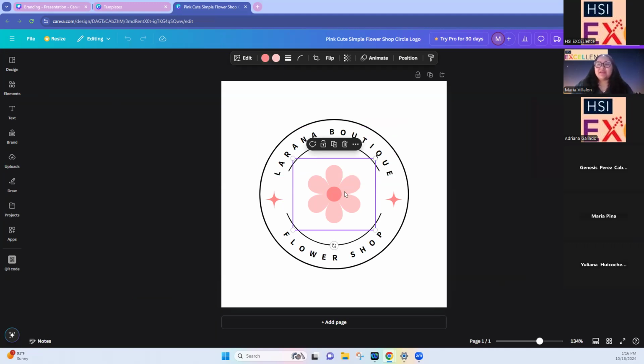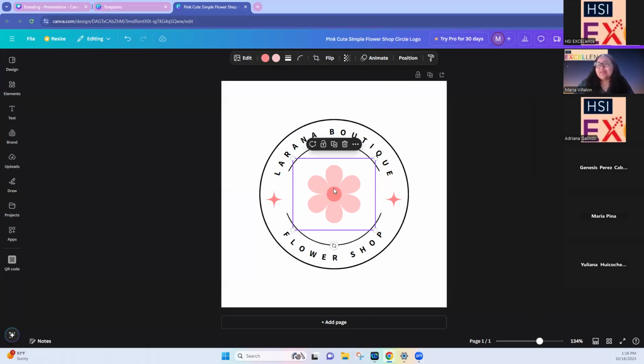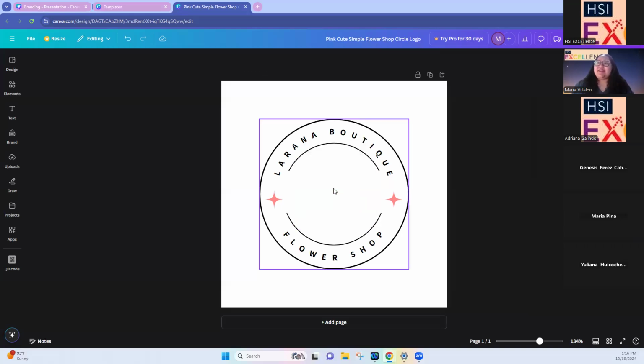The second you click on any item on this page, a bar will open up here and you'll be able to edit the image, change the colors if that's possible. And then there are a bunch of other different ways you can edit as well. So for the sake of this, let's say I'm not really into that.